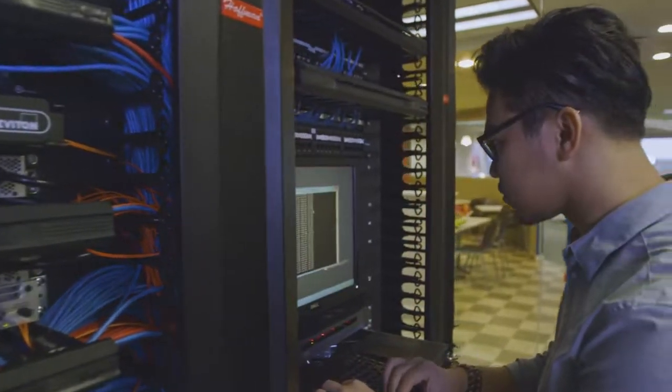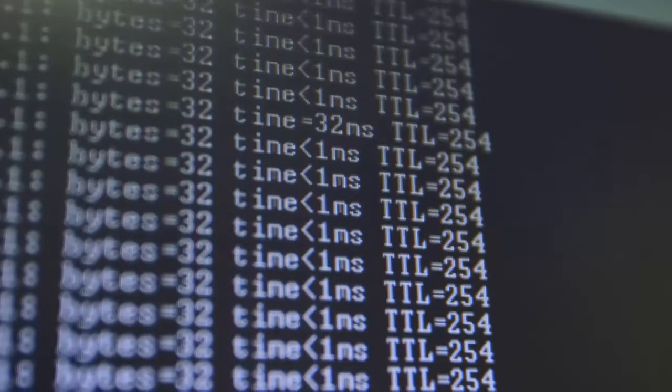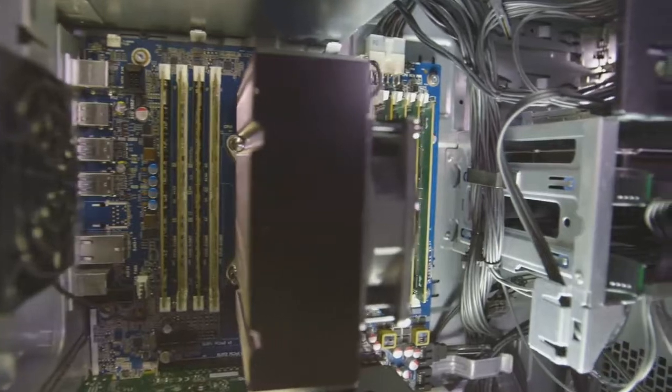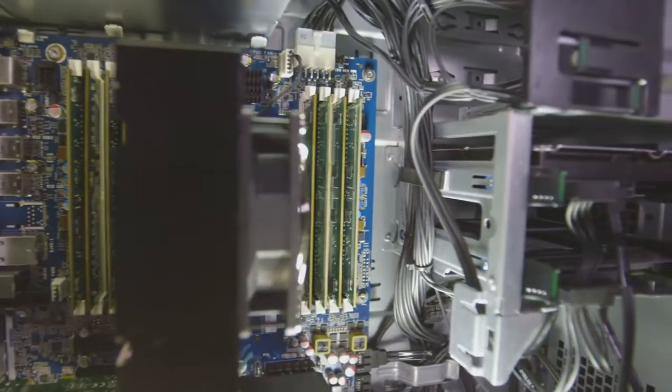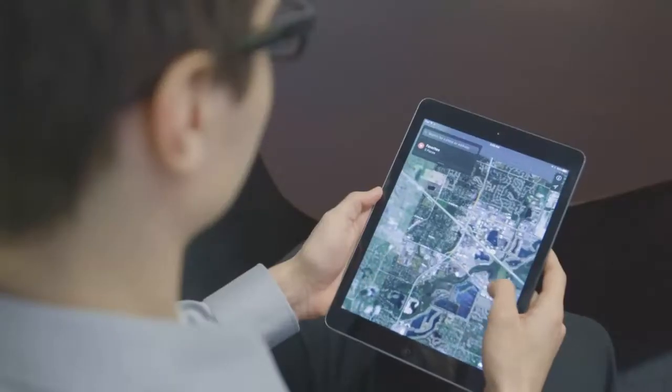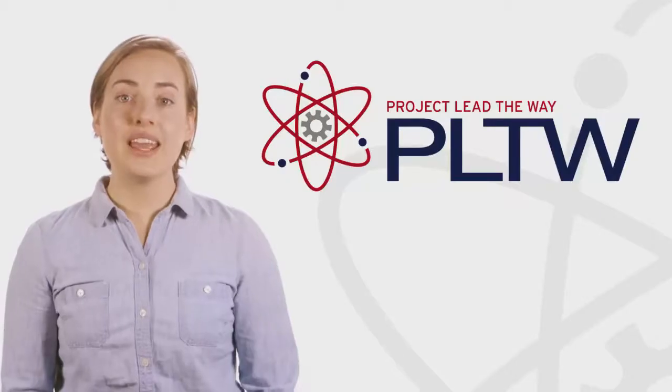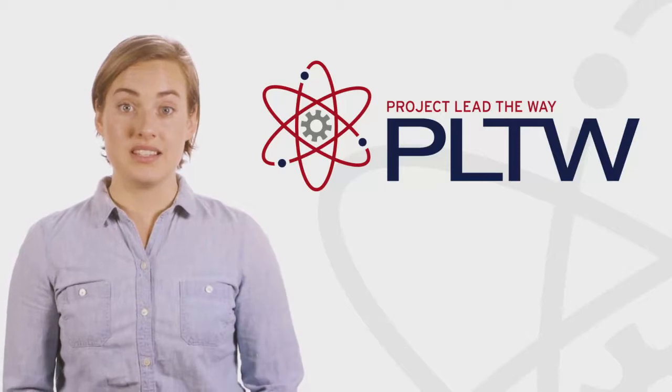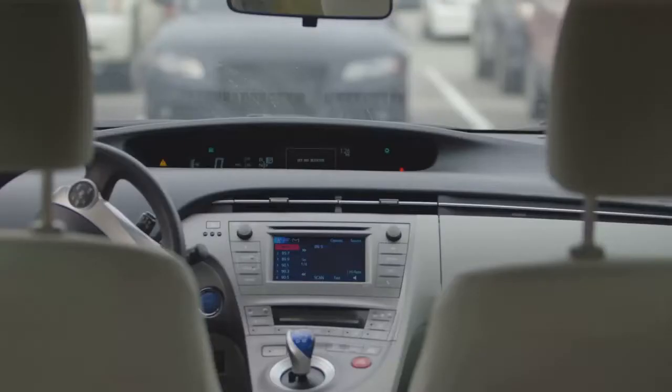The design and study of computing systems is just one area of computer science. When you think of computing systems, you might picture a computer, a video game system, or a tablet. But there are other types of computing systems. A car radio is an example of a physical computing system that interacts with its environment, in this case, its